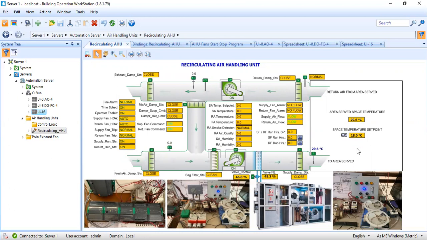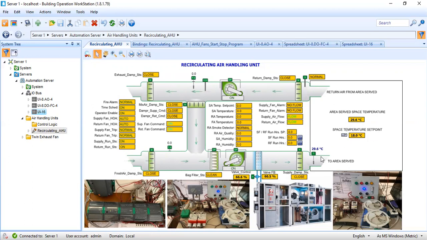Now I can play with the set point to show you the response of the valve. Focus on the response of the valve. My valve control is 53, then my valve is actually opening, slowly 53.2. Now it gives an output of 60 because nothing is happening in the supply temperature. Actually, this 29 and this 29 are the same.